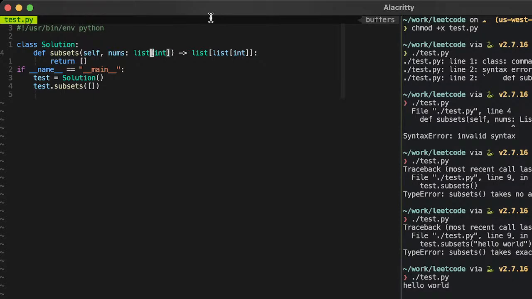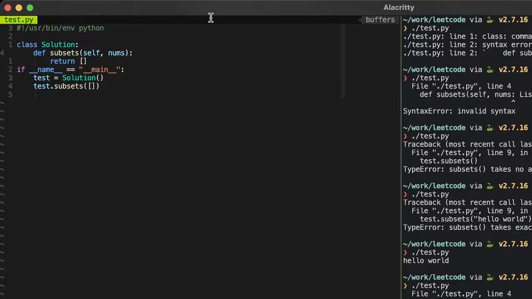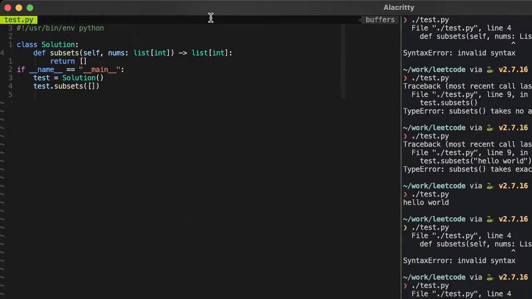Huh. Okay. Let's remove the types. Okay, so that works. But if I add types, it doesn't work. Not sure why. List int. Invalid syntax.